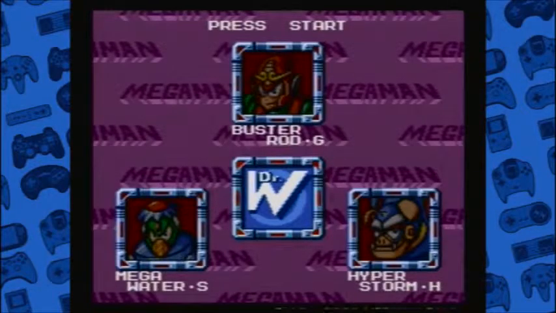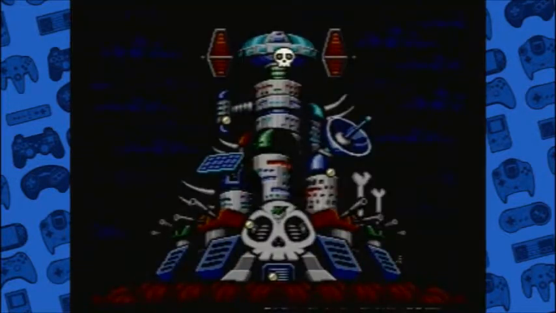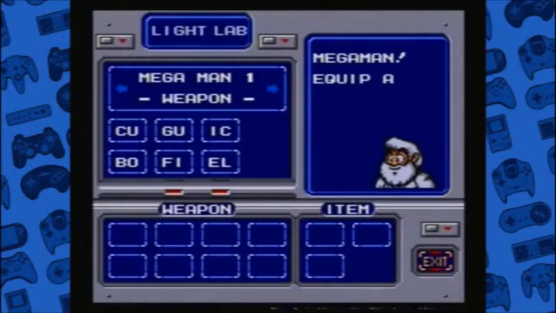Welcome back to the last episode of Let's Play Mega Man, the Wily Wars. And here is the Wily Fortress, or the Wily Tower. As you can see, there are 4 levels. There's no fake out this time like Mega Man 2 and 3 had, so it's just straight up 4 levels. But they're not too long, so...